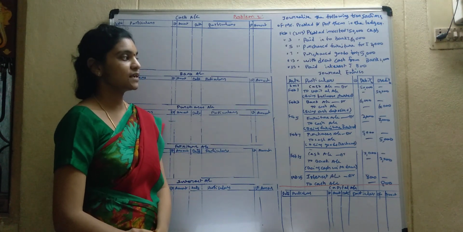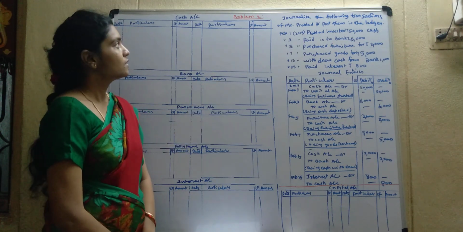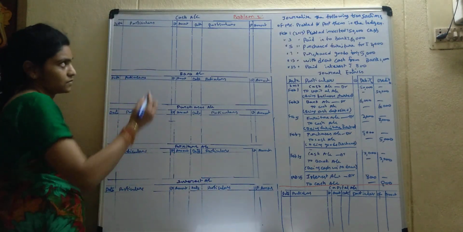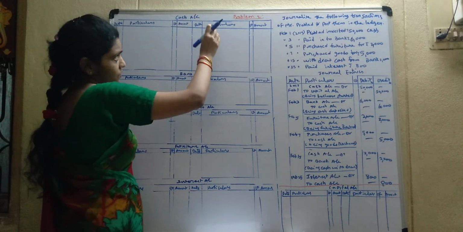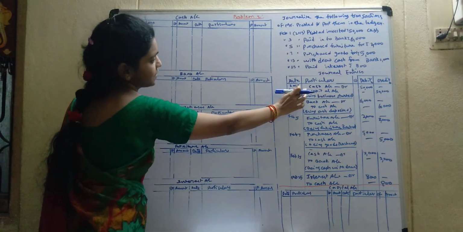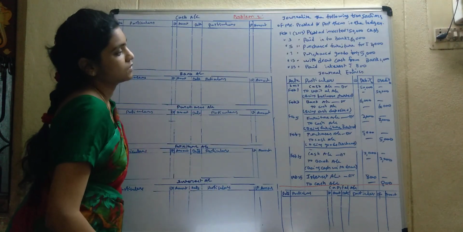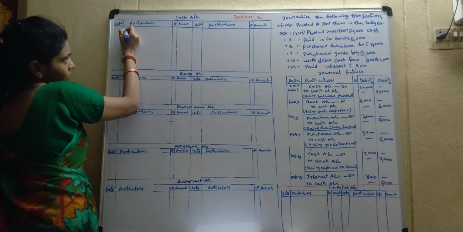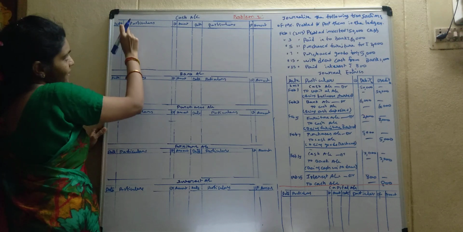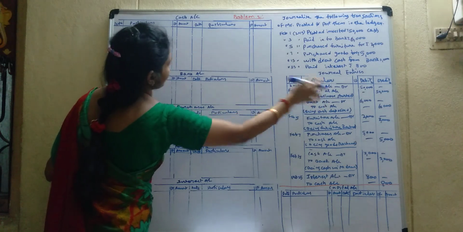With the help of the journal entries, now we are going to post them in the ledger. Okay, first listen. After that, you can draw. Okay, first cash account. See, first entry, cash account. In the cash account we write 'To' on the debit side, and this is the credit side. This is cash account debit to capital account.